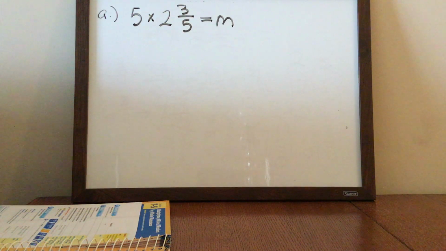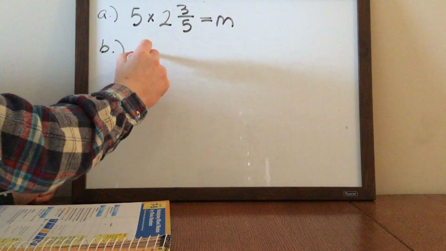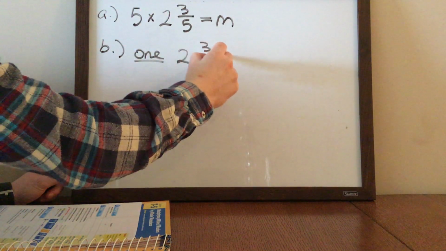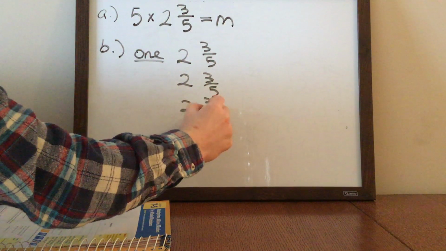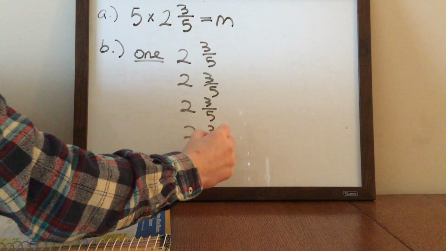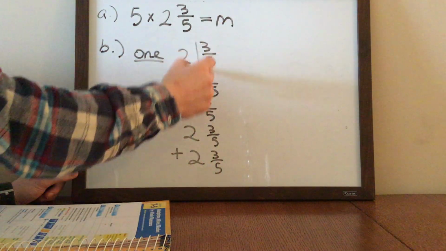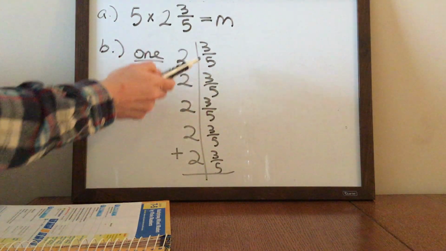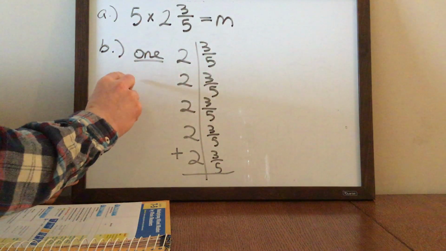Part B says we need to solve this 2 different ways. So what would be one way to solve this? Well, treat it as 5 groups of 2 3/5. So you do 2 3/5 5 times. Again, I ran out of room, so I'm going to have to do this over here. So 3/5, 6/5, 9/5, 12/5, 15/5,